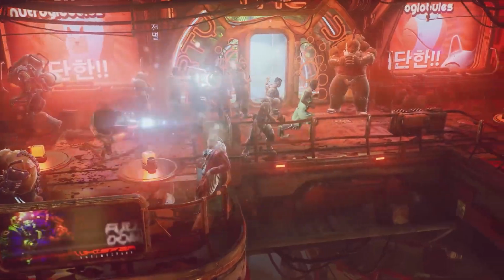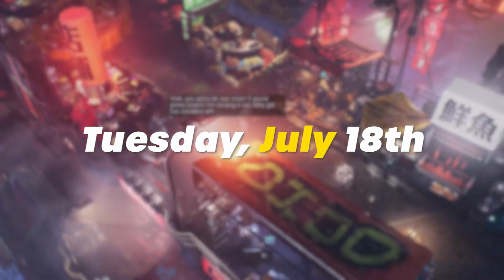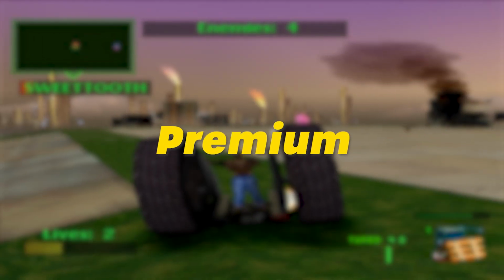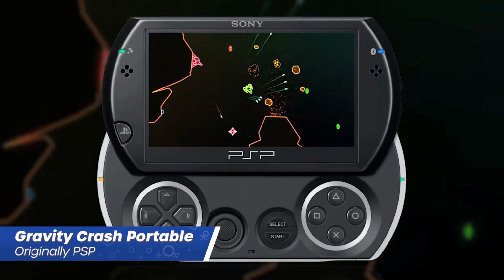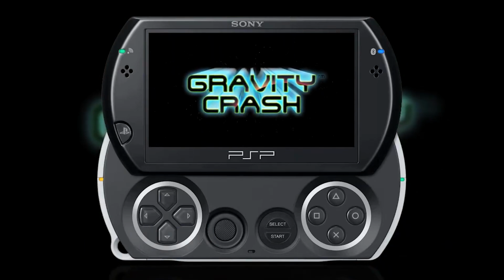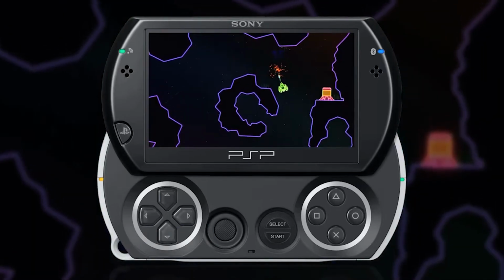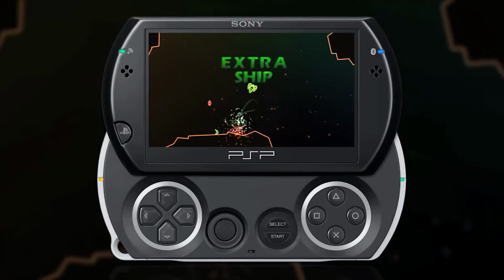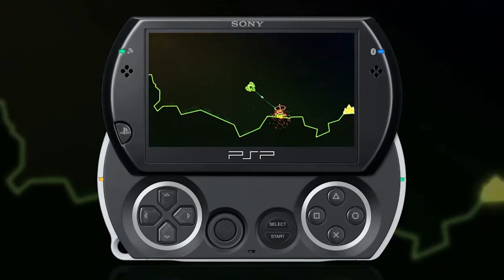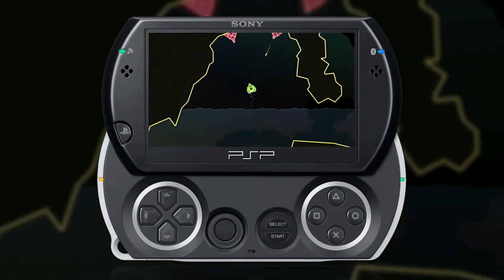This month's collection will arrive on the service on Tuesday the 18th of July with 18 new games. Starting out with Premium, we have Gravity Crash Portable, bringing this PSP experience to both PlayStation 4 and 5 with up-rendering, rewind, quick save and custom video filters. It's an alien blasting experience with 30 hostile planets to survive through, and you'll no doubt pepper them with laser